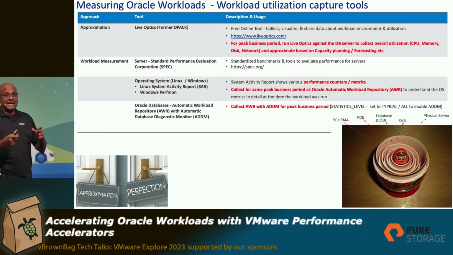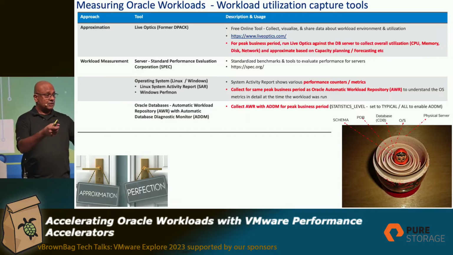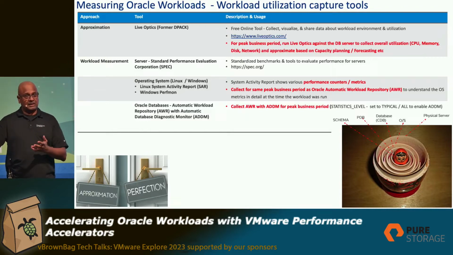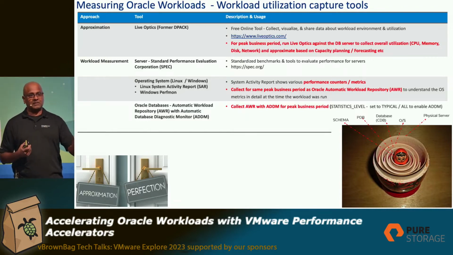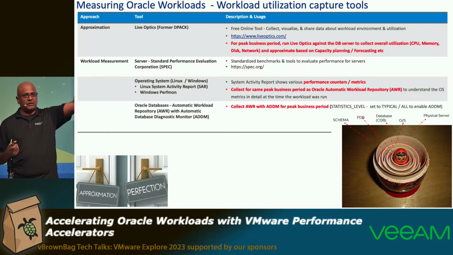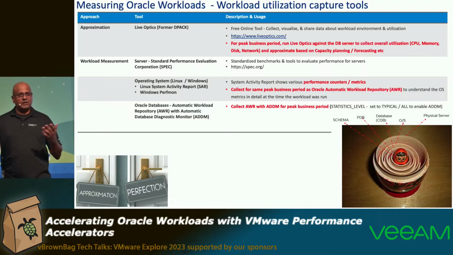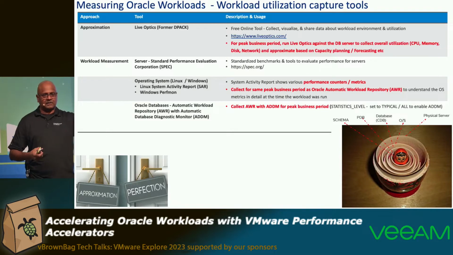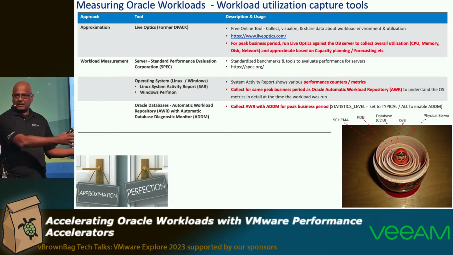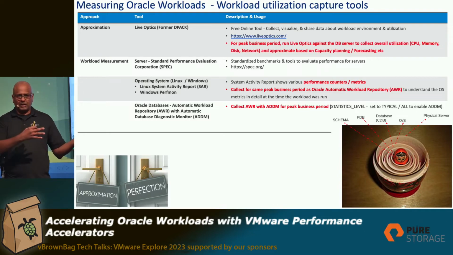When you start looking at the actual workload measurement, I typically look at 3 things. I look at SpecInt, and I don't know how many people in the room have heard of SpecInt or spec.org. With spec.org, you have this class of servers, and you see how many cores, how many sockets, and what clock speed matches here, because that gives you a good idea.